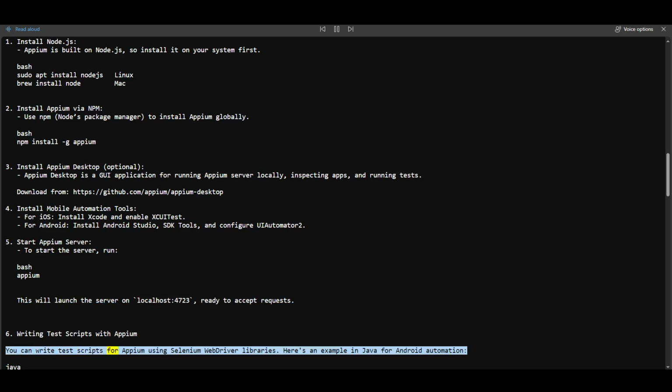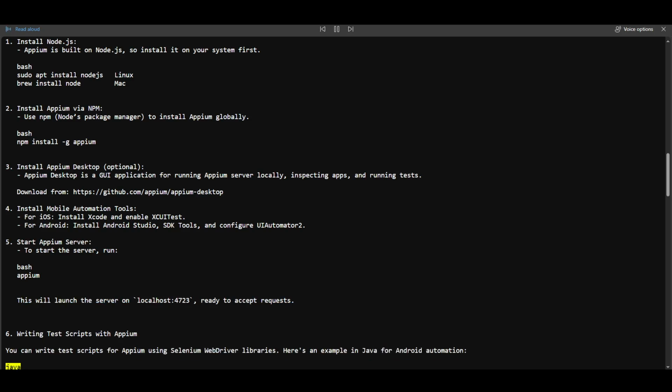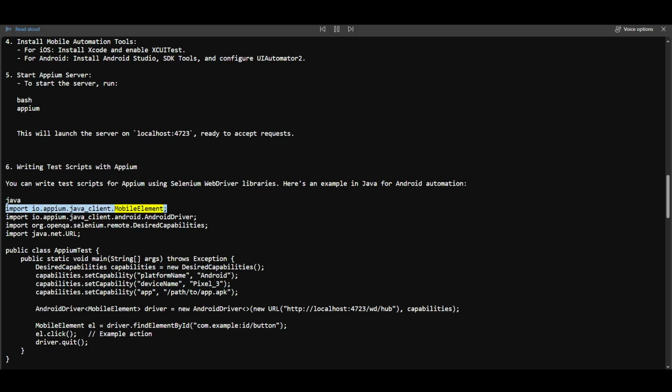You can write test scripts for Appium using Selenium WebDriver libraries. Here's an example in Java for Android automation. Java: import io.appium.java_client.AppiumDriver; import io.appium.java_client.android.AndroidDriver; import org.openqa.selenium.remote.DesiredCapabilities; import java.net.URL; public class AppiumTest { public static void main(String[] args) throws Exception { DesiredCapabilities capabilities = new DesiredCapabilities(); capabilities.setCapability("platformName", "Android"); capabilities.setCapability("deviceName", "Pixel_3"); capabilities.setCapability("app", "/path/to/app");